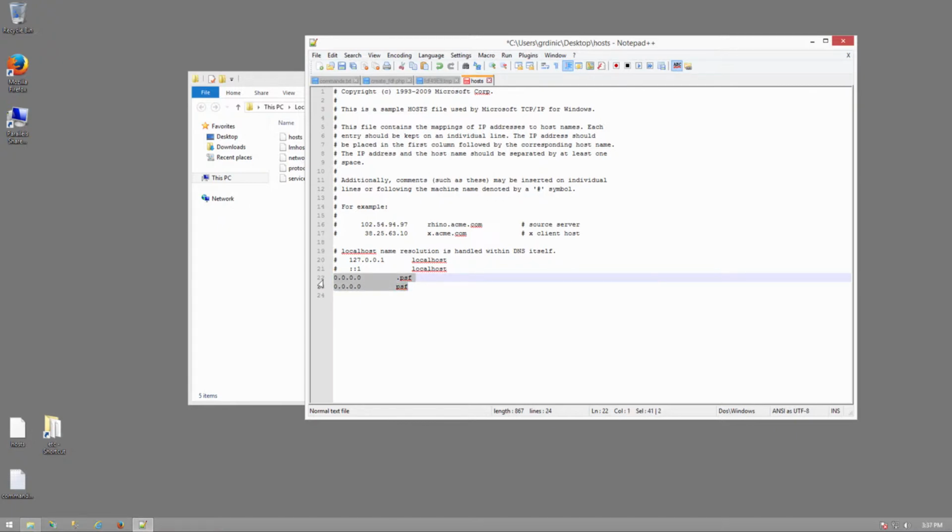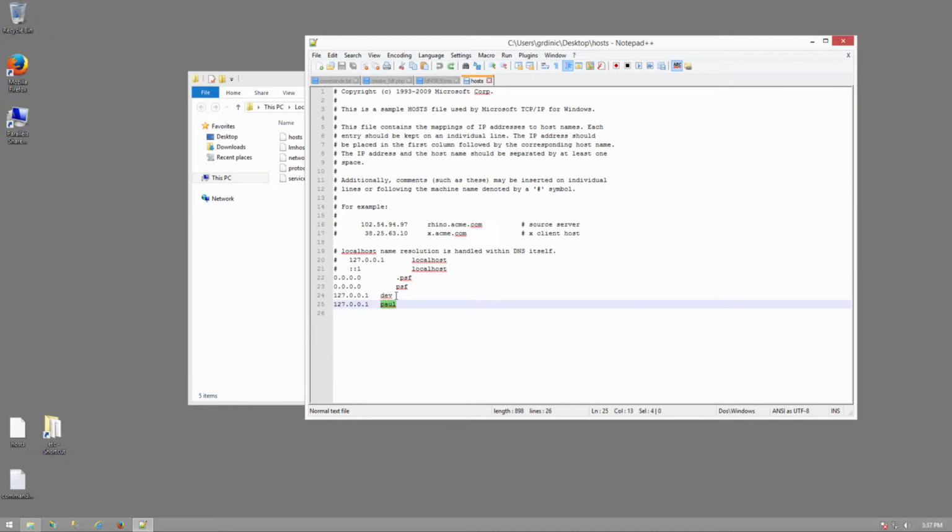And actually, I should say these right here are probably something that Parallels, my virtualization software, has done. So in other words, yours will probably actually look something like this. Essentially, what we're going to do here is we want to add entries for every website that we want to serve on our machine. In this case, I have two websites that I'm hosting on my local machine, Dev and